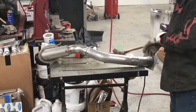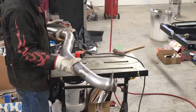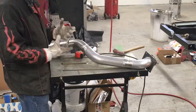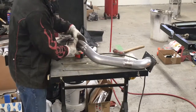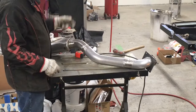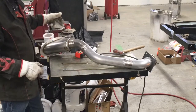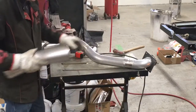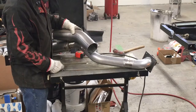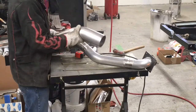All right, guys. So on this side here, this is the driver's side exhaust tailpipe. Now that this tailpipe is done, what I want to do is provide the protection of an outer shell that will basically, if this was to ever get a leak in it, catch the exiting exhaust and contain it. This is 3-inch, so we're going to use some 4-inch tubing now, and we're going to make a copy of this exhaust tailpipe, and then surround this tailpipe with the 4-inch,